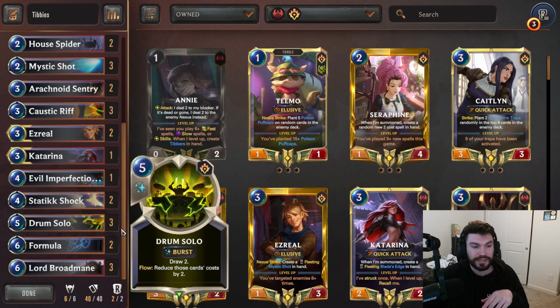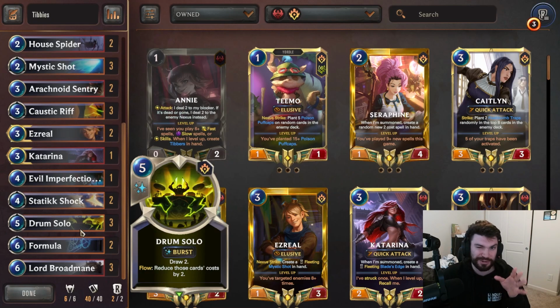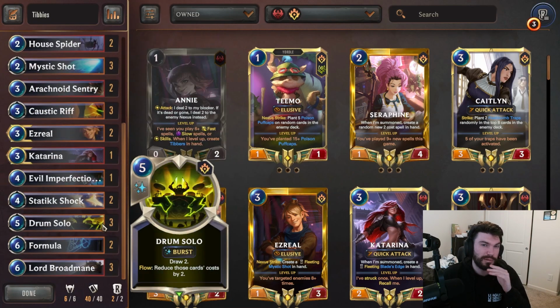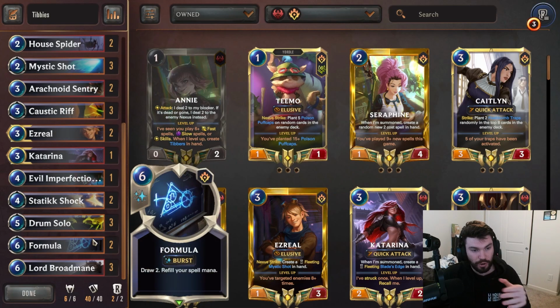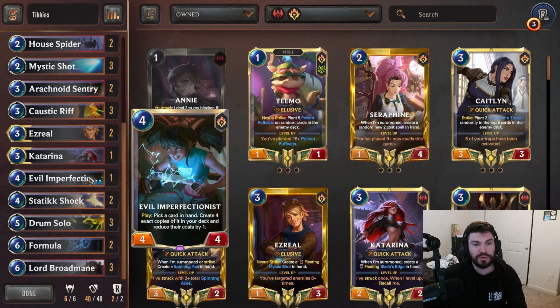Also, I think Drum Solo and Formula are both worth including in the deck. I personally enjoy playing Formula more because I don't like the slightly random nature of Drum Solo, but I understand that Drum Solo is probably the better of the 2 for the deck right now, so it gets the nod as the 3rd copy over Formula. You will see some people run all 6. You will see some people run just Drum Solo. I like 5, and the reason I like 5 is it allows me the room to play 1 copy of